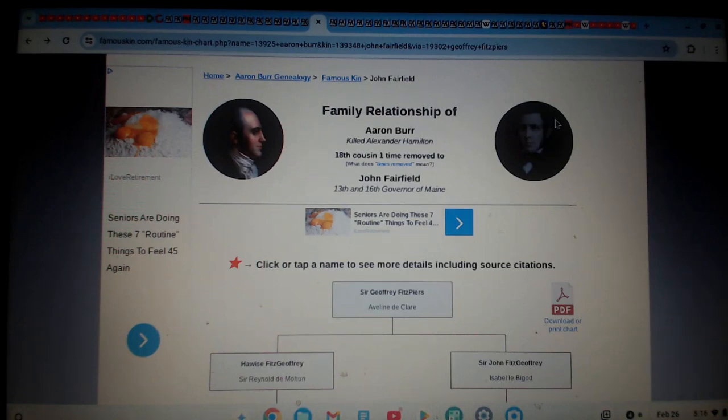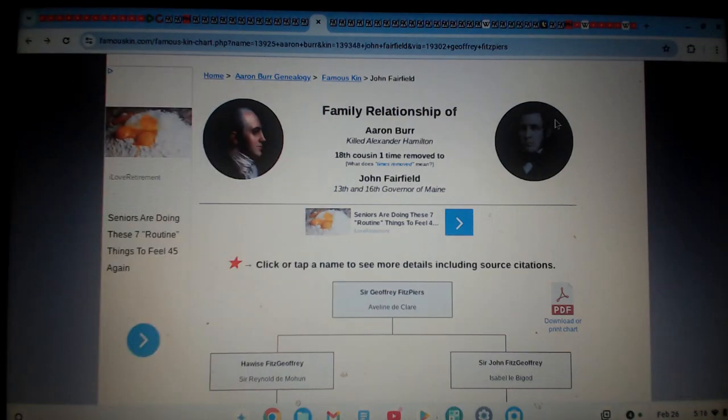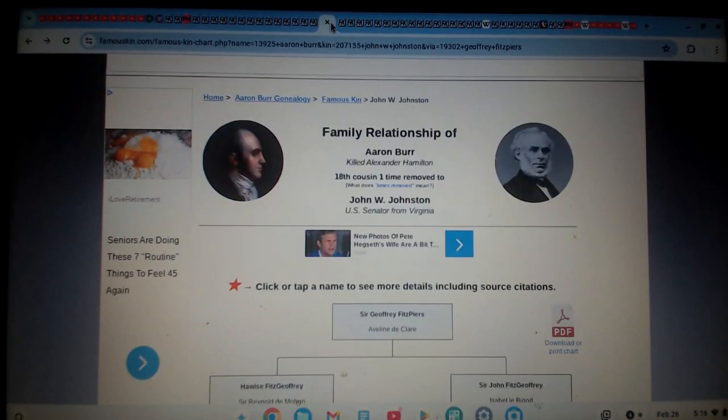How about John Fairfield, the 13th and 16th governor of Maine? Oh, again, they share Robert I and Charlemagne and Sir Geoffrey Fitzpiers and Evelyn de Clare. What a coincidence. How about John W. Johnston, U.S. Senator? Let's do a senator. U.S. Senator from Virginia. Again, they share the same two kings and